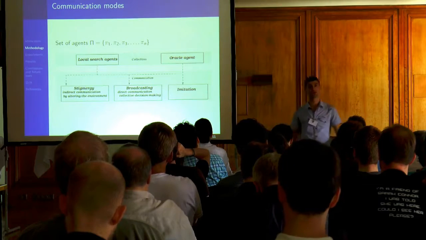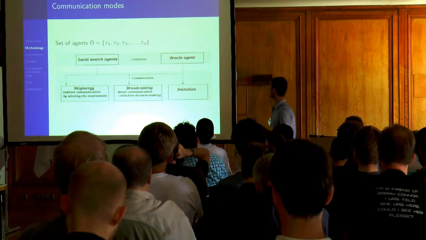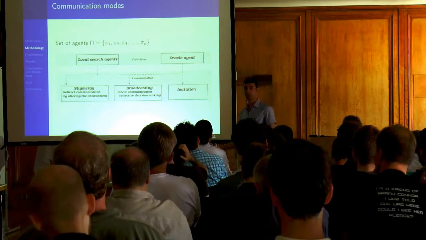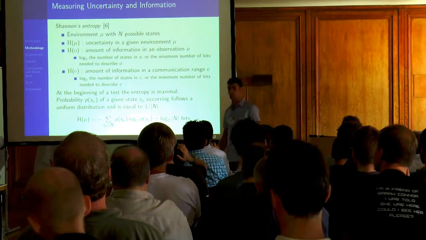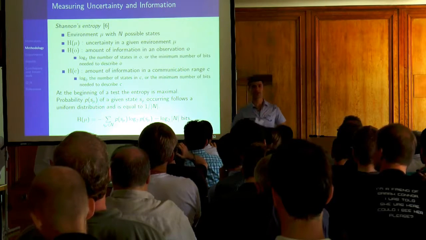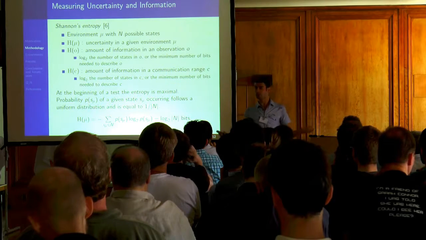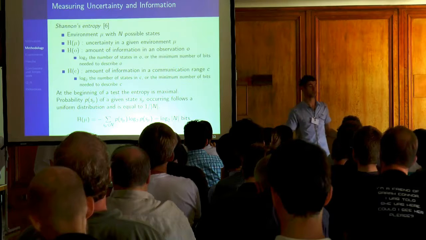We put them together, and we say, all right, imitate this Oracle if you are in the same communication range. So we want to measure observation and communication. It's very hard because we need some kind of unit. So we need to make sure, how can we talk about communication or observation?